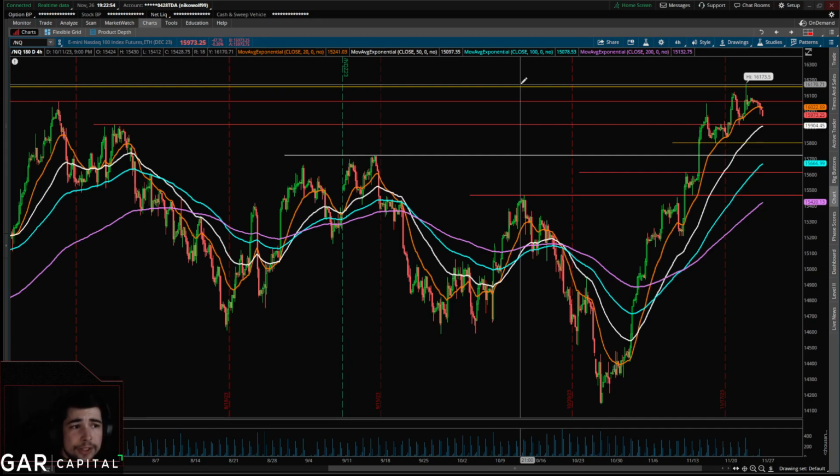Once you get above 16,200, you can keep inching that stop loss probably every 30 points if you want to be safe. If you want to take a little bit of risk, you can buy that long above 16,150. Your stop loss again, I would set it to probably 15,950.